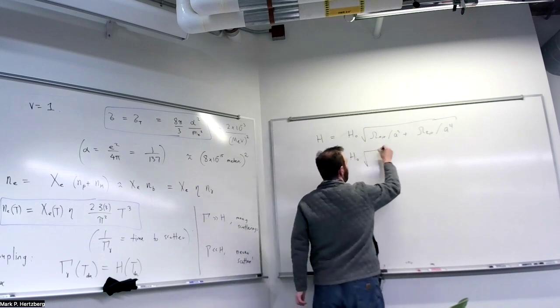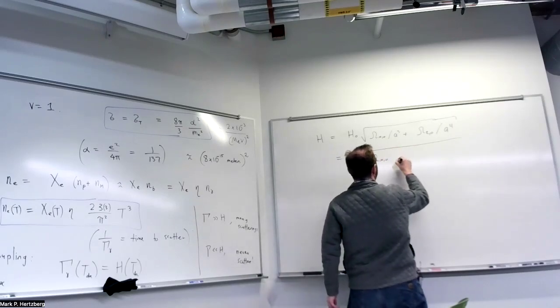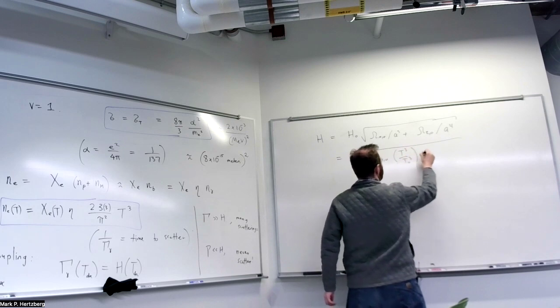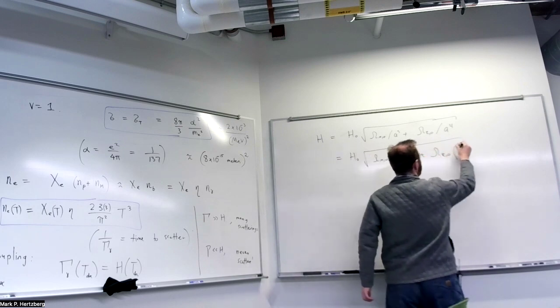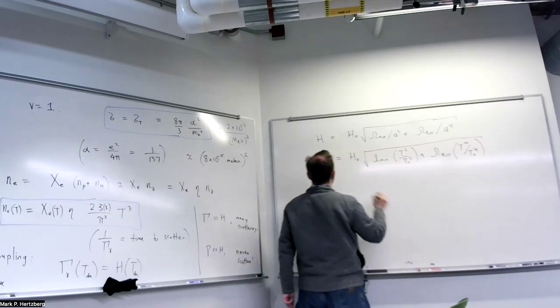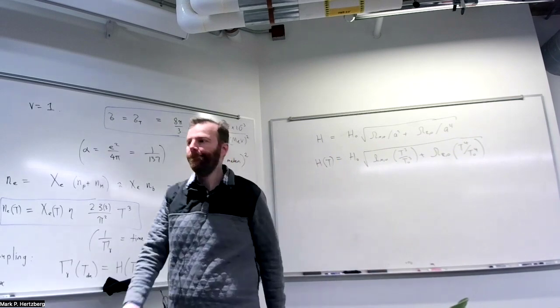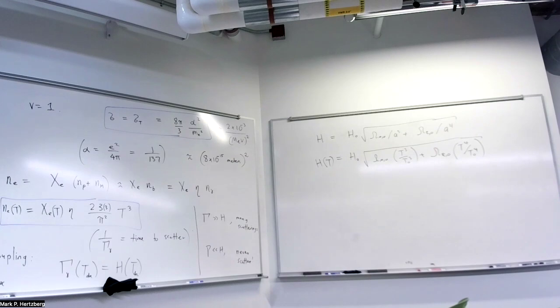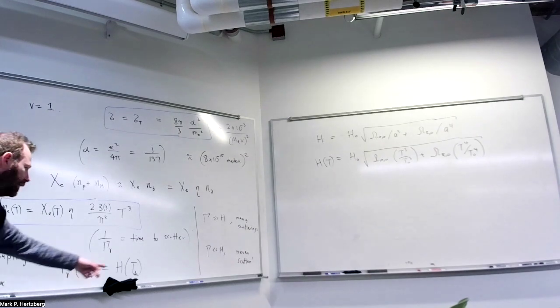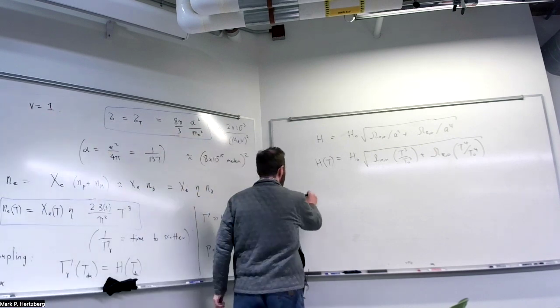But then I put them upstairs instead of downstairs, so a^-3 is T^3 over T_0^3 and a^-4 is T^4 over T_0^4. So there's H of T. All right. So you have everything. Okay, just set these to be equal, solve some algebraic equation with Mathematica, and you'll find